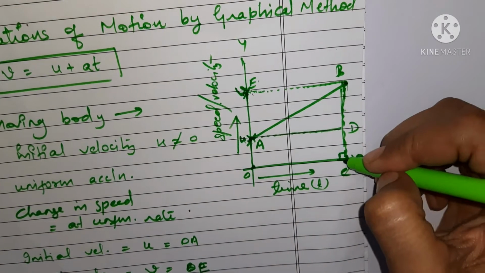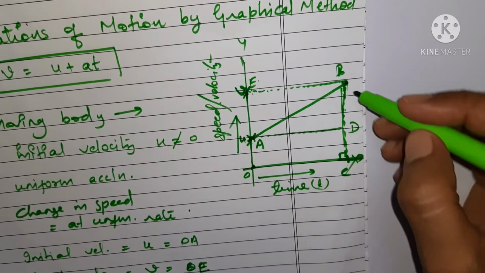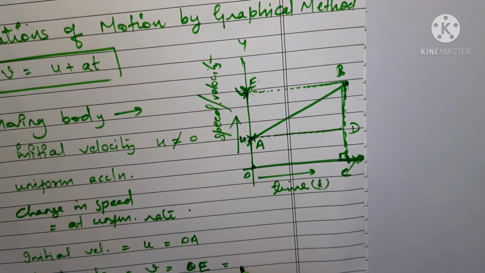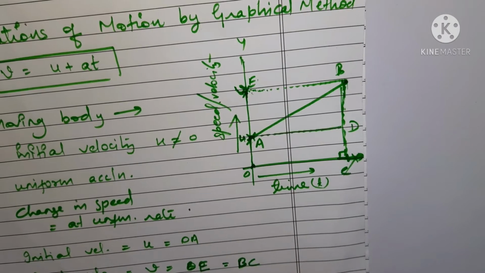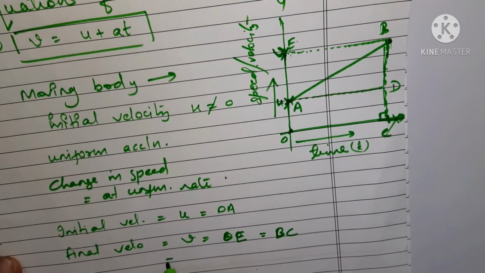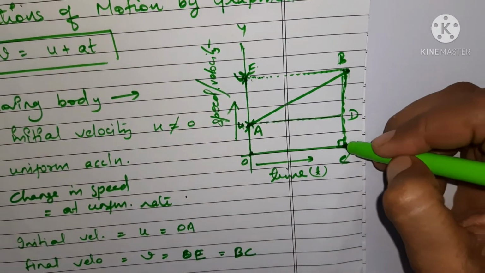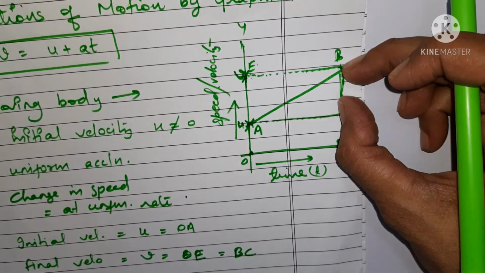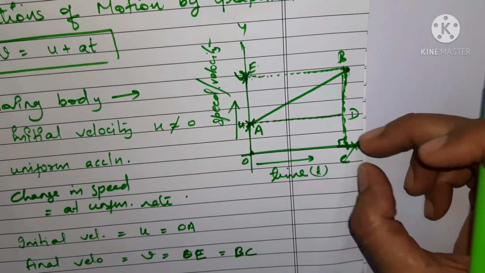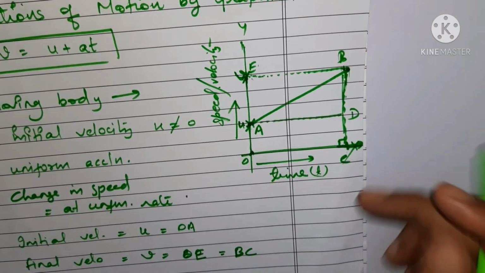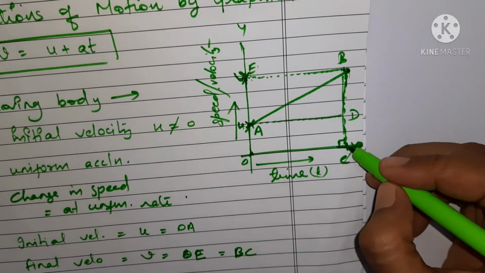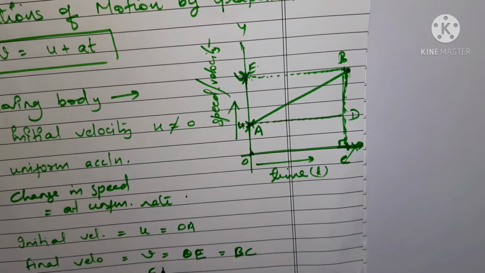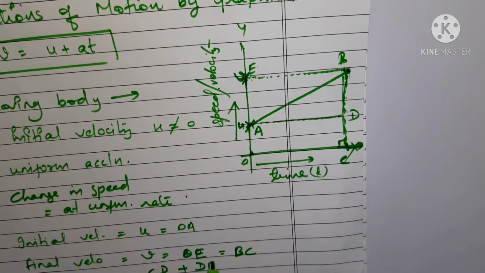After drawing a perpendicular here, you can see that this BC is equal to OE. So instead of OE, we can also write BC. Now instead of BC, we can also split it. BC can be split into two parts, this plus this. We can show BC by adding this and this, that is, BC is equal to CD plus DB. So we can write it as CD plus DB.